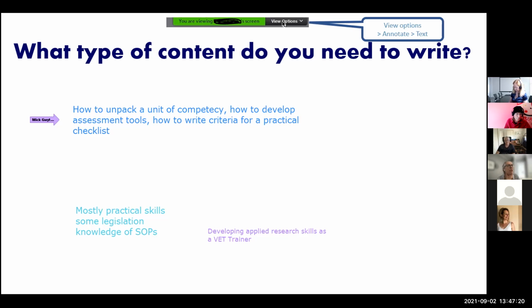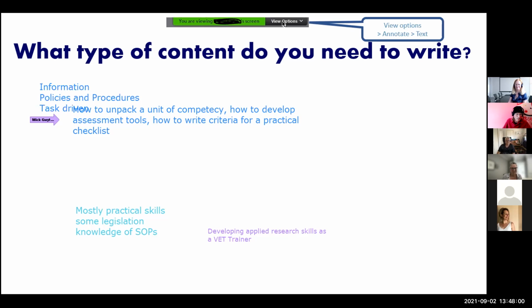Possibly I could go into things like the principles of assessment and rules of evidence. Yes, although at the point that I imagine the students would use this online learning module, they would have already covered that, and it's more about revision of what we've already done and getting them on to actually being able to do it themselves, so that they can create the assessment tools they have to do as part of their TAE assessments. They're probably already holding up a crucifix when they hear the word principal assessment. Yeah. Okay, thank you, Joe.